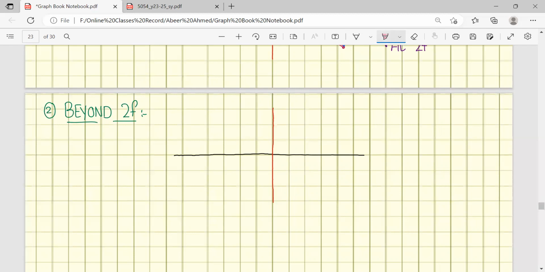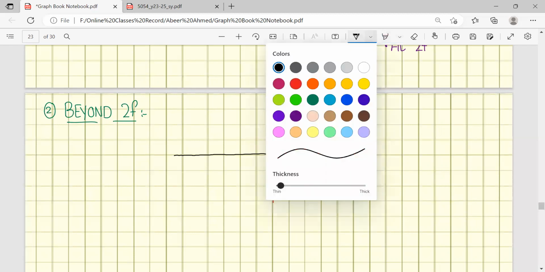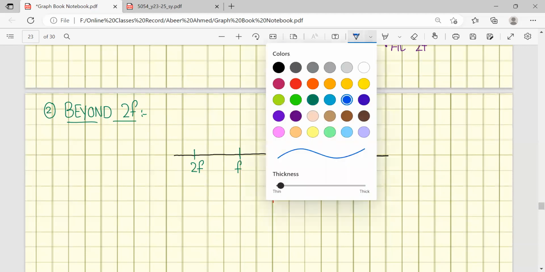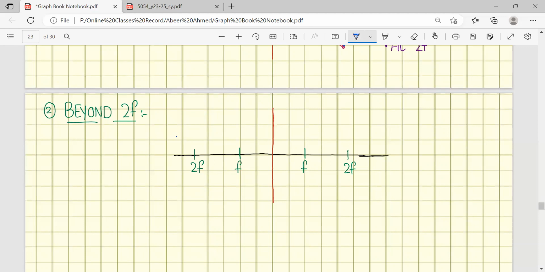And you need to draw the focal length on both sides, right? Yes. So the focal length is somewhere at this point and at this point, and twice the focal length is somewhere at this point, right? Now the object is going to be placed beyond 2f,